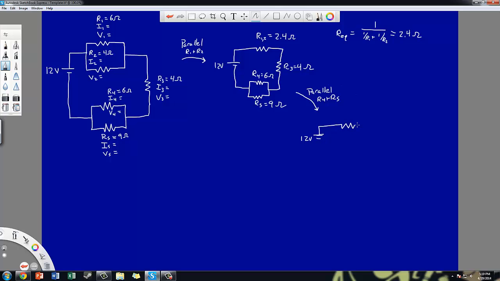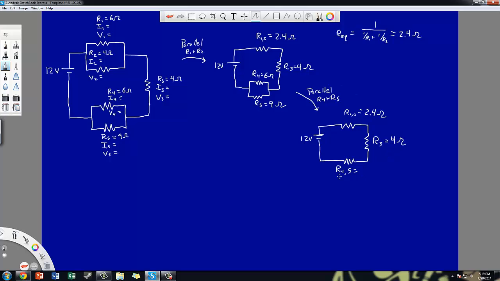There's my combined R1, R2, R3, and now my newly combined R4 and R5. Okay, so this will be R4, 5, R3, and then my combined 1, 2. When I do, I want to plug in these values, so I have 2.4 ohms, I have 4 ohms for